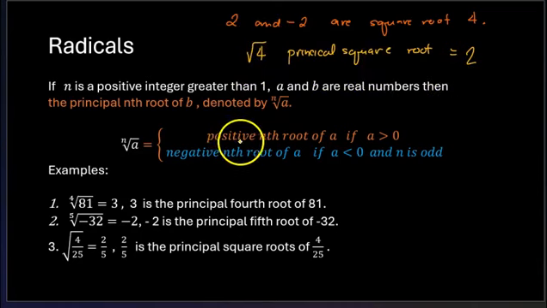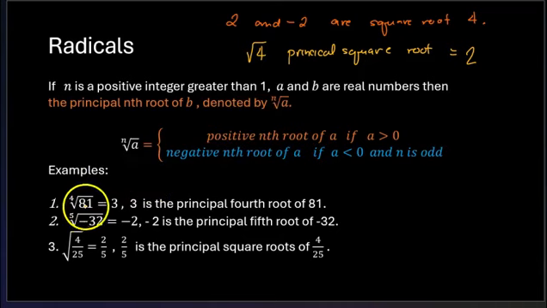So when A is positive, this is what I was telling you earlier. When A is positive, you're going to only get the positive nth root. When A is negative and n is odd, take note, because you cannot have a negative and even. So that's what I was telling you earlier. If the number A is negative, then n must be odd. So the root of that would be negative. But you don't have to worry about this. It will only happen here.